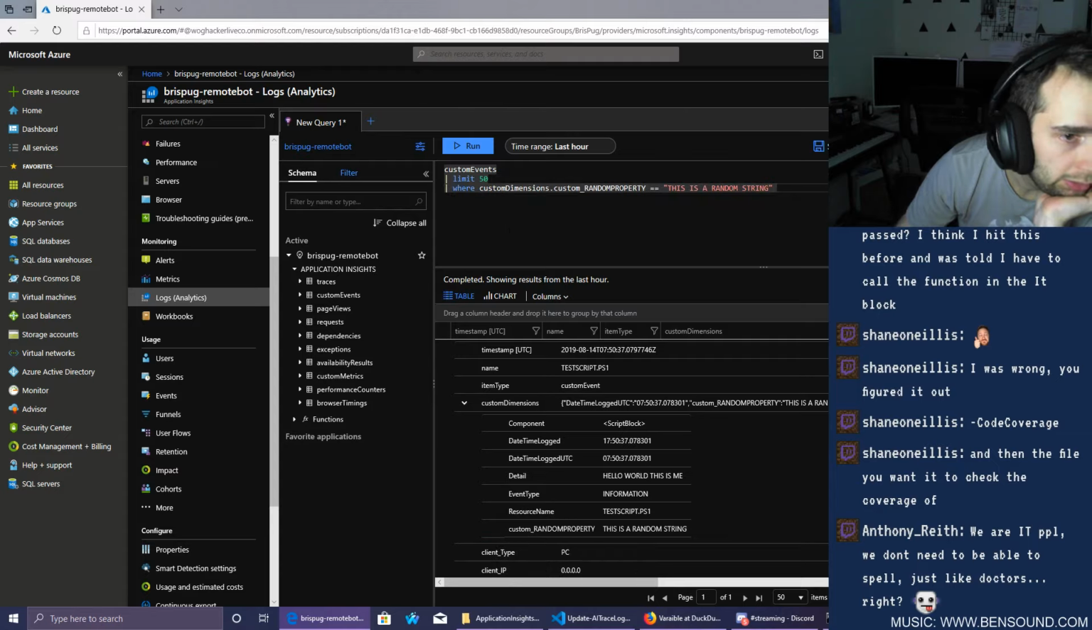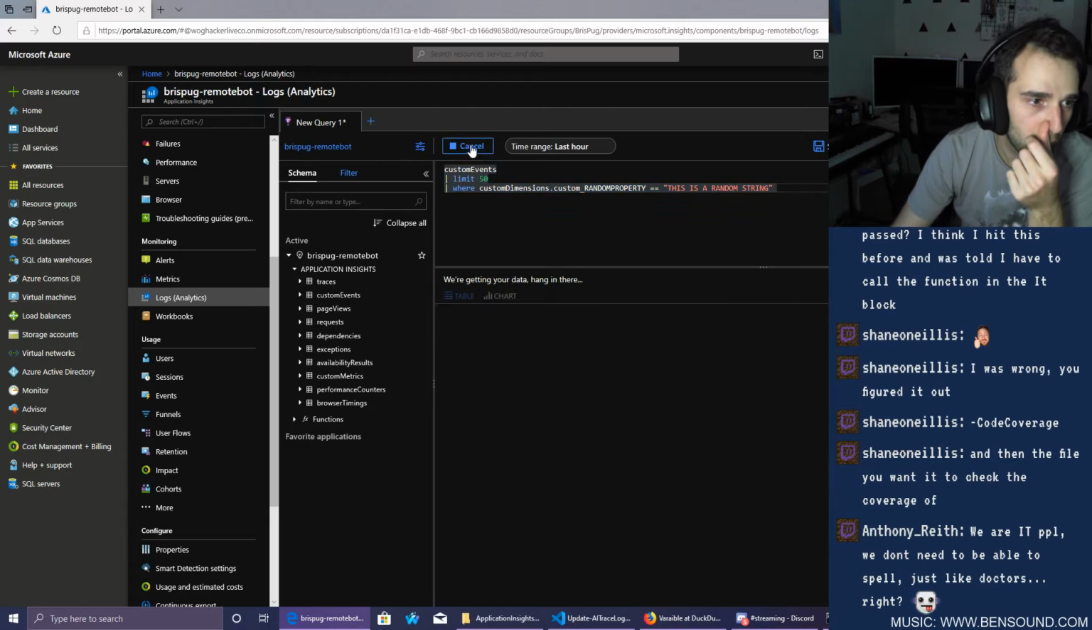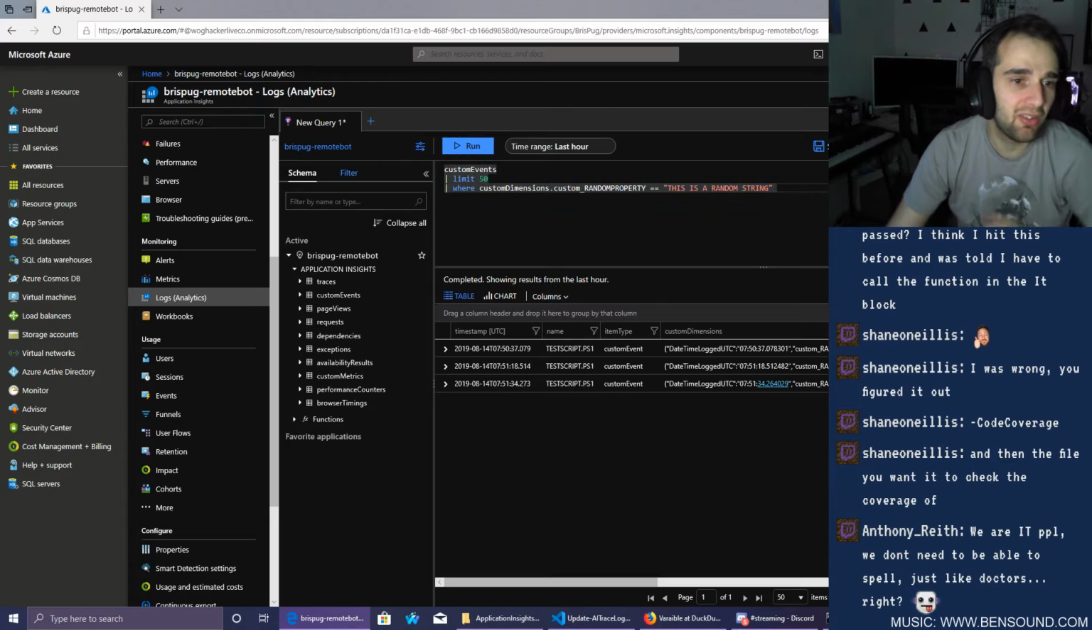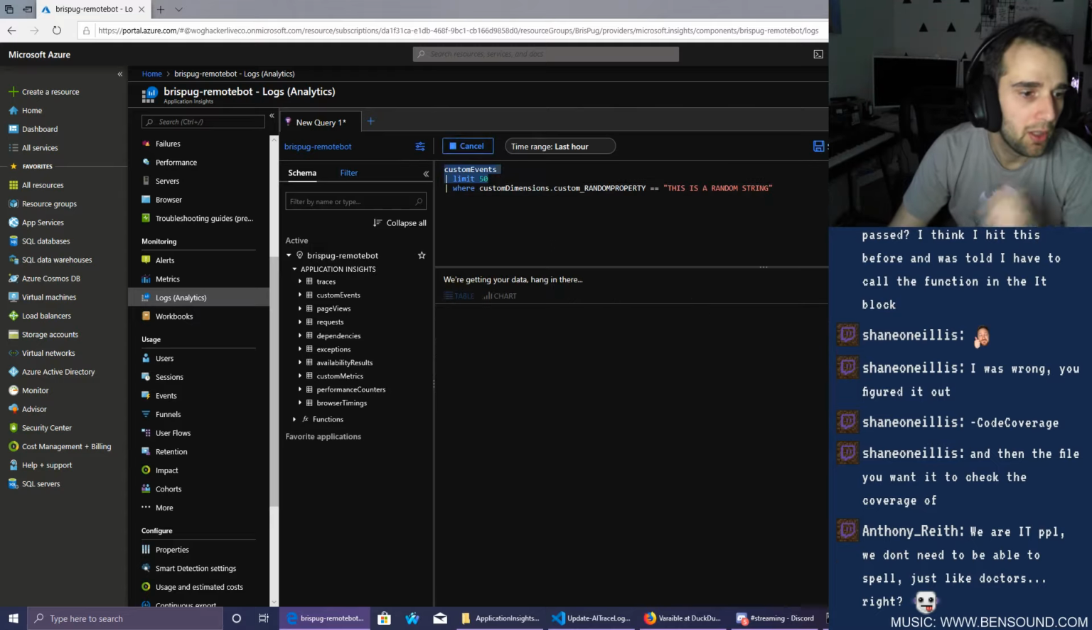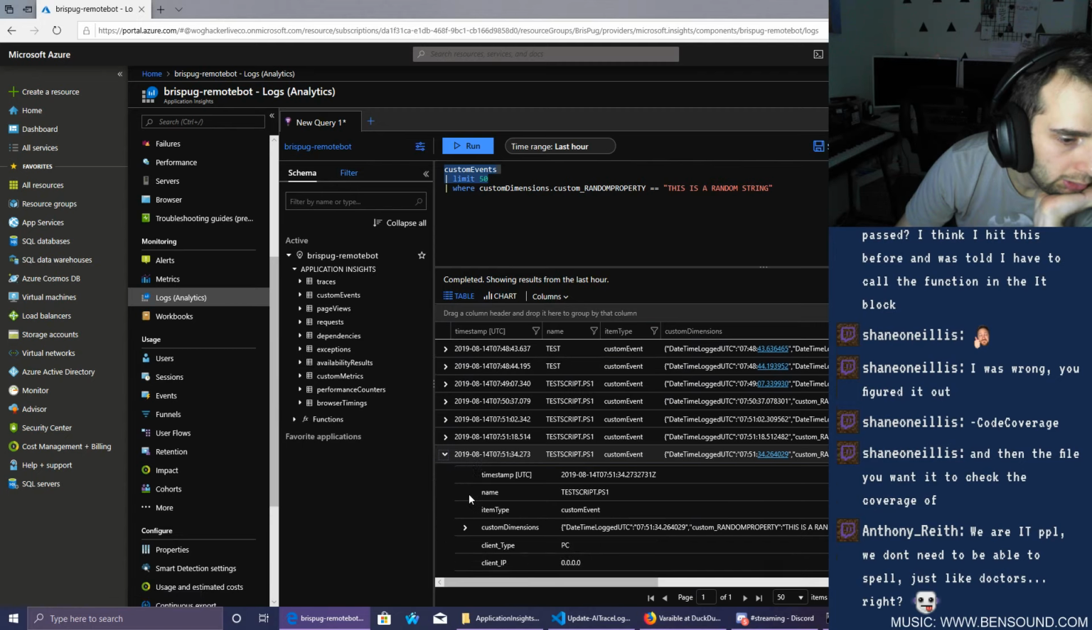Can't include that. Oh, that's really cool. So I can do custom dimensions dot custom. Yeah, that's the thing. If I rerun this, oh look at that. That's so cool. So I can actually create random properties and we can filter like that. So anyway, the next thing we need to do is test on our